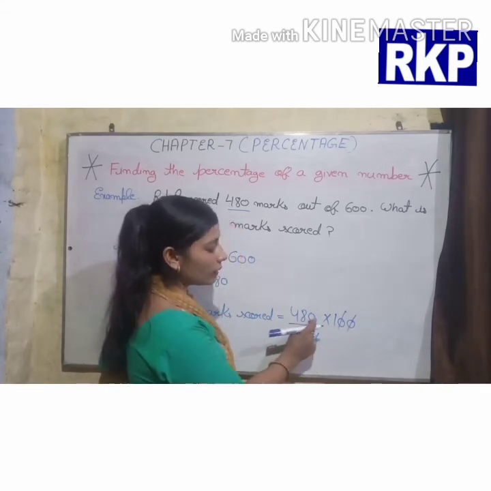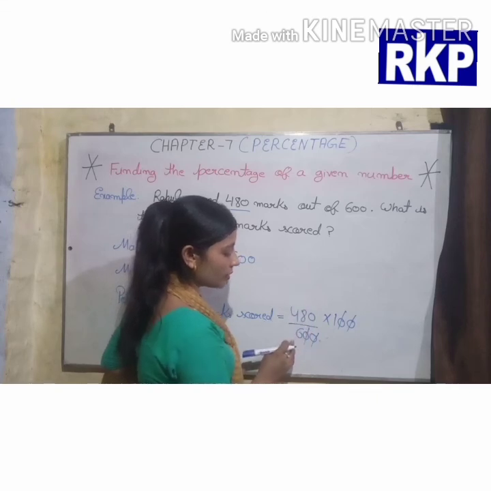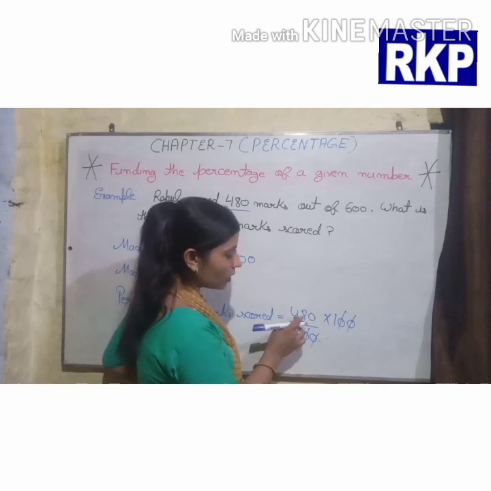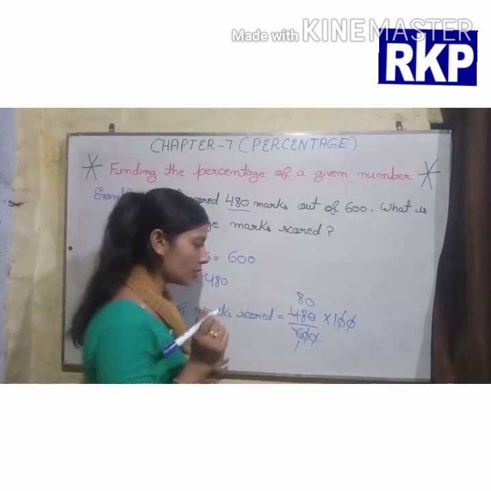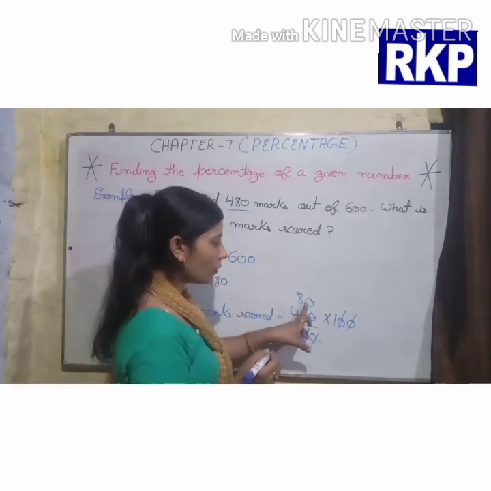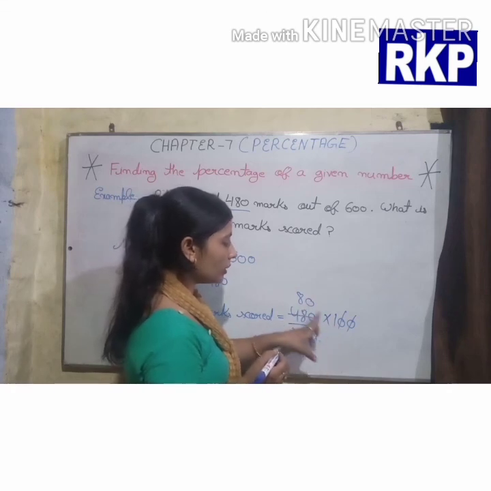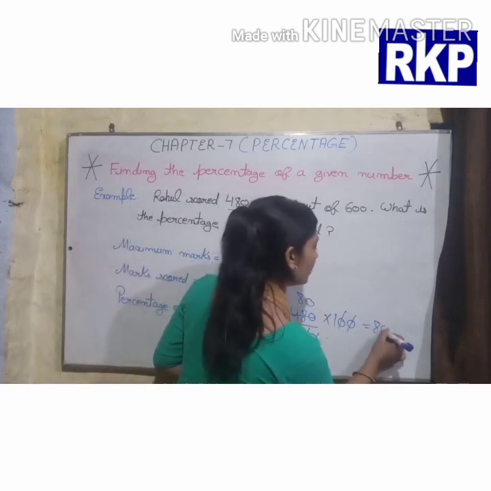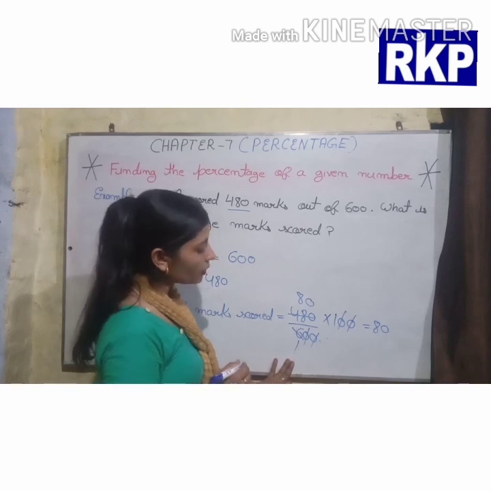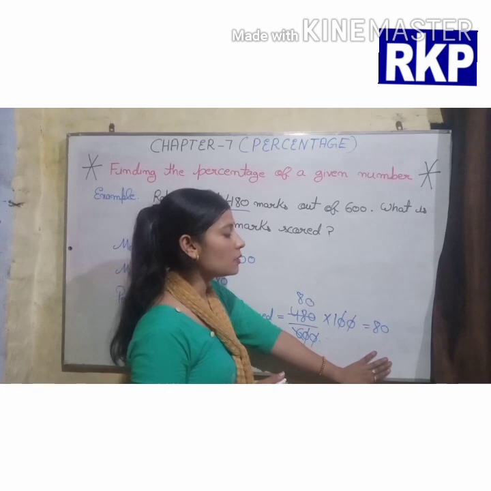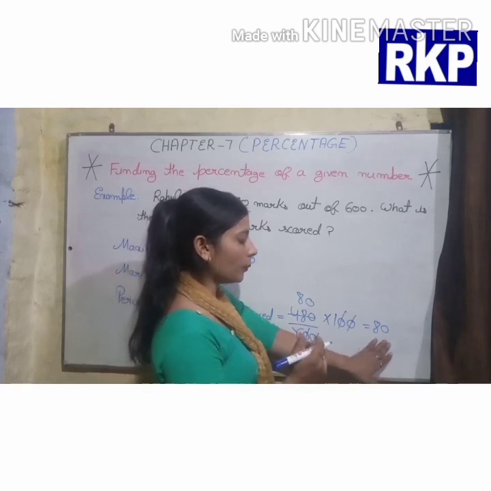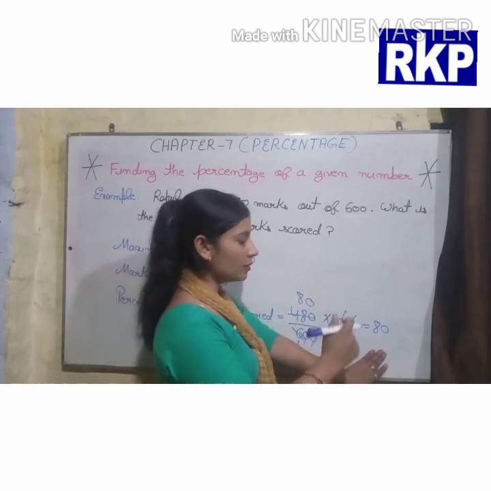Now we have 480 as a numerator and 6 as a denominator. So we can cancel these also because both are divisible by 6. 6 1s are 6, and here 6 8s are 48, and 6 0s are 0. So now beta, here we have 80, here 1. So 80 1s are 80, and here as a denominator we have only 1. So no need to write 1 as a denominator, because we know if we divide any number by 1, then we get the same number.